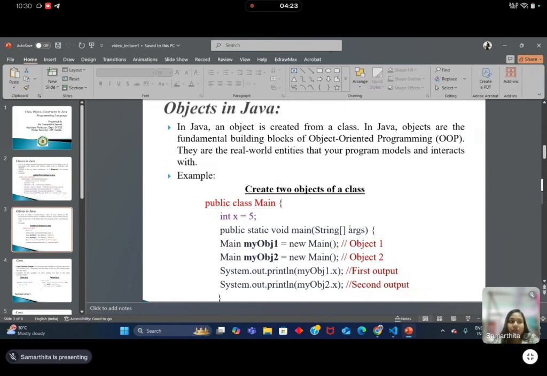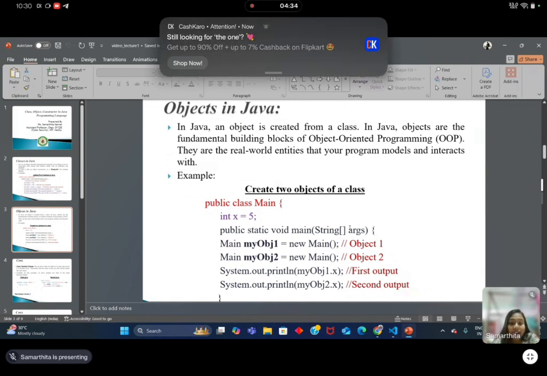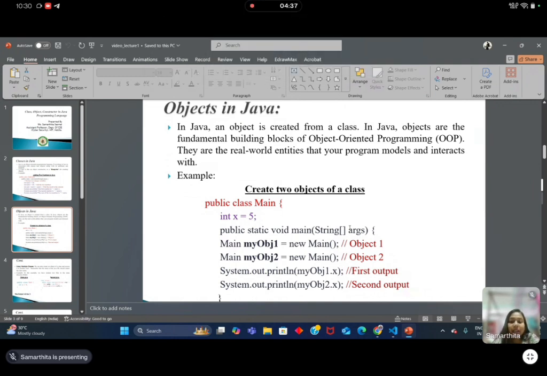Going forward with the same car example, an object is the real thing made from the plan. The Car class is the plan, and you can make many toy cars, which are the objects. Each object can have its own color or do its own driving. So now you can relate what a class is and how an object is related to it.